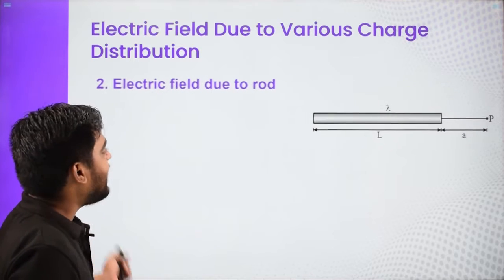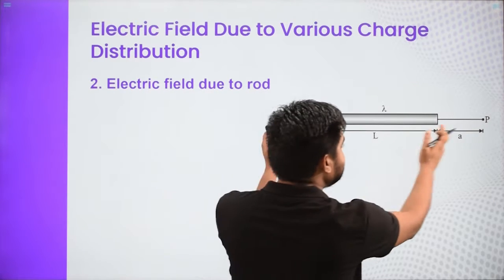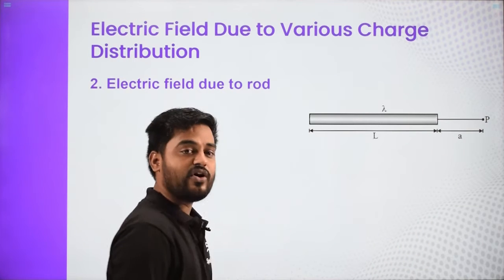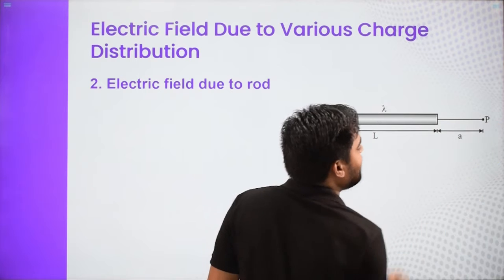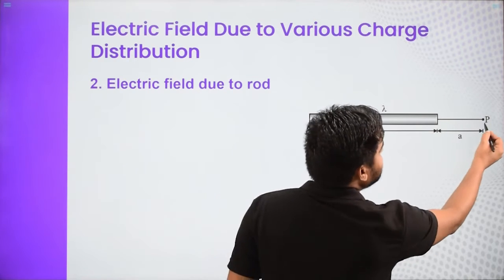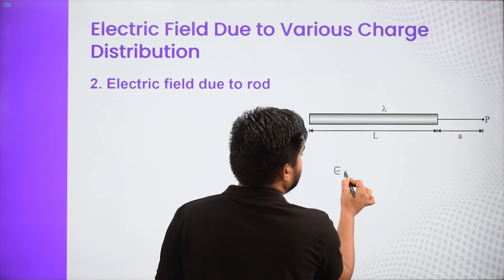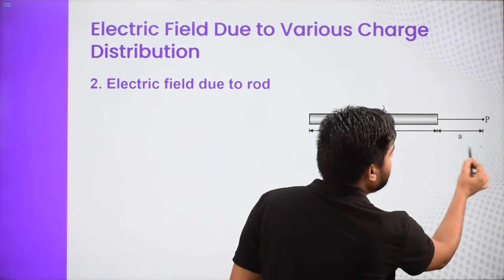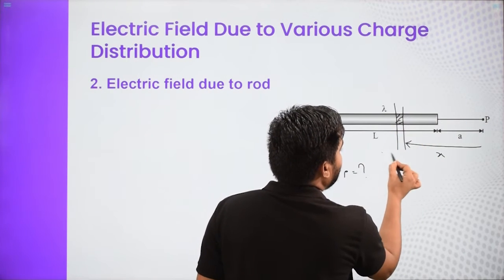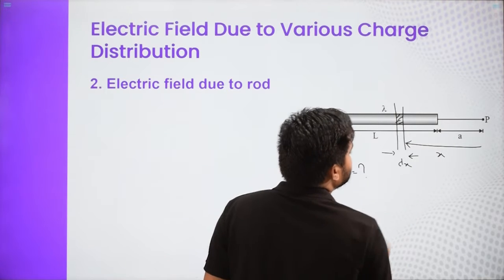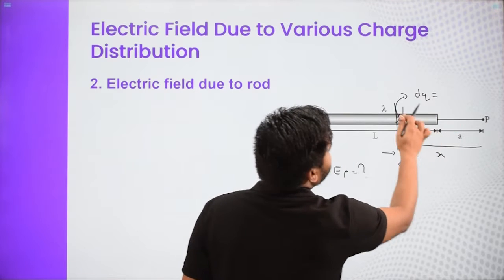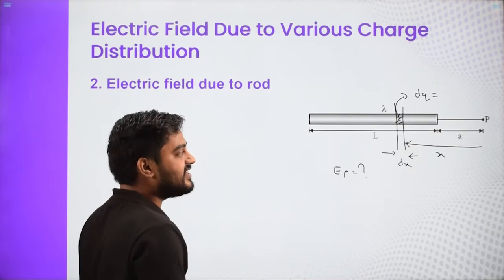Next is the electric field due to a rod. So a rod is basically a continuous charge distribution, and now we have to get the electric field due to a rod on its axis at a distance a from one of its ends, and the rod itself is having capital L length. So we will say that electric field at point P. To find that, I am going to take, at x distance, a small element of dx length. So the dq, the very small charge lying in this dx length, can be considered as a point charge.